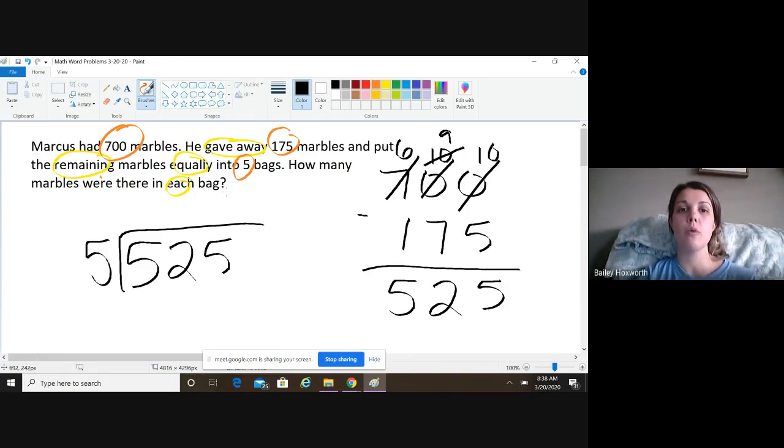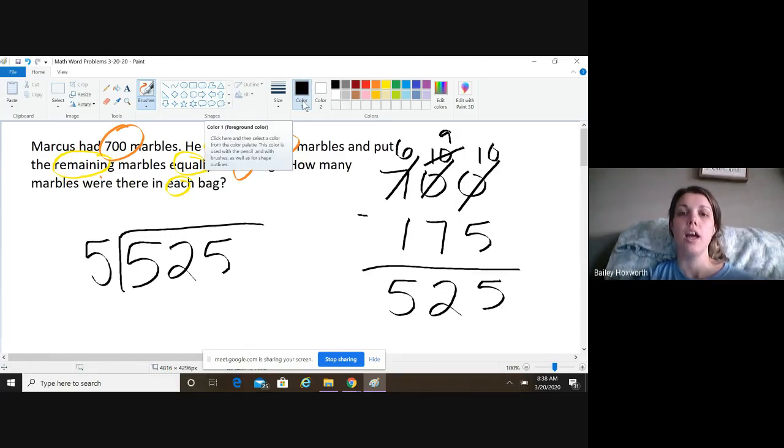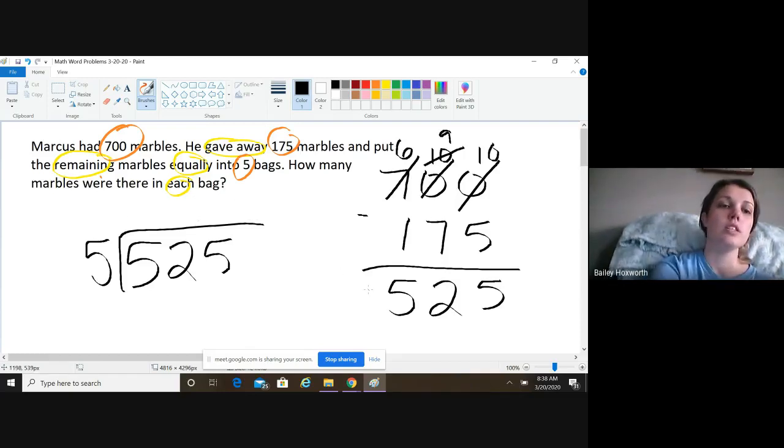So there's your first problem we've set up together. I want you to finish solving this problem for me right now. Remember, when you are dividing, you have to do hashtag